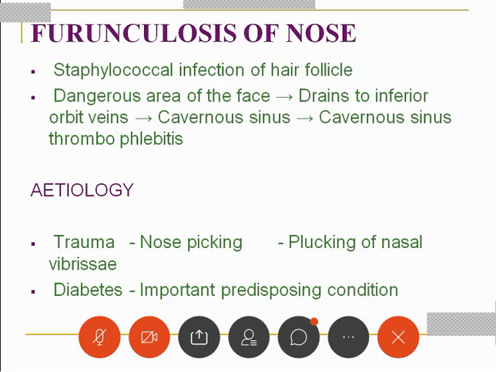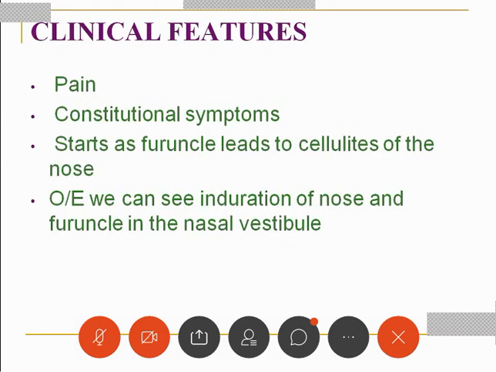Trauma, usually due to nose picking, plucking of the nasal vibrissae, removing of the nasal vibrissae. We all have a habit of taking out the nasal vibrissae which come out of the nasal valve, the anterior nares opening, which is a very bad habit. And an important predisposing factor is diabetes. Clinical features: severe pain,